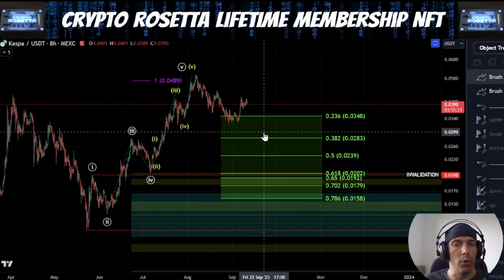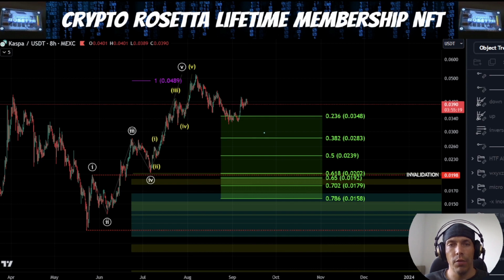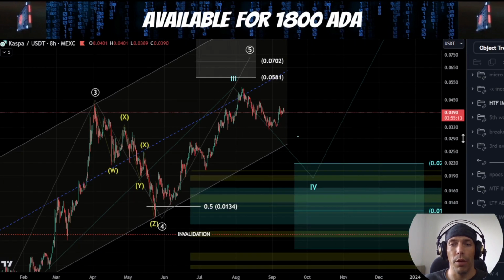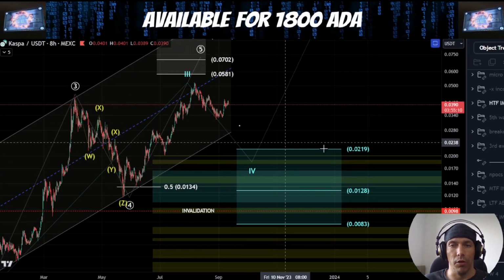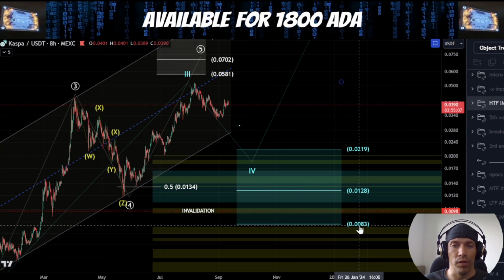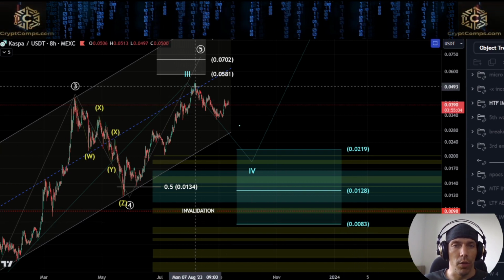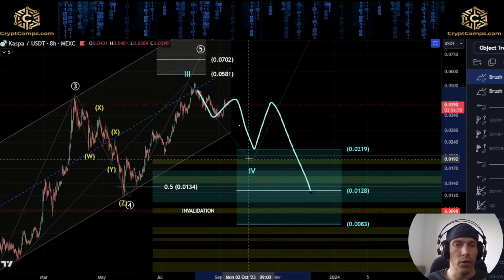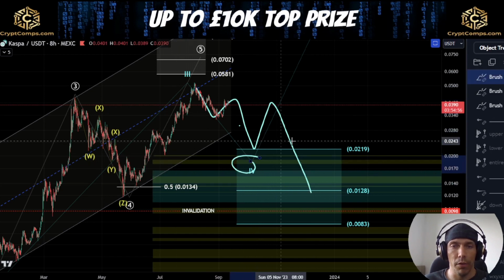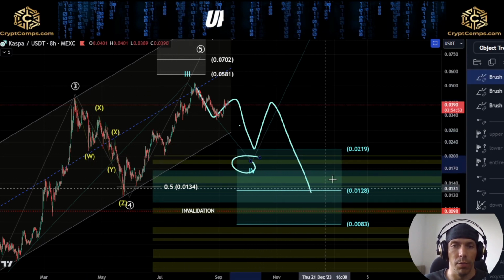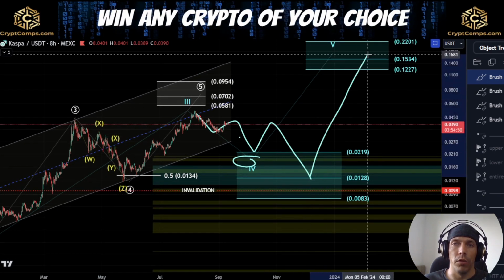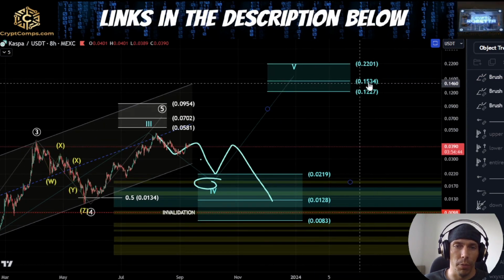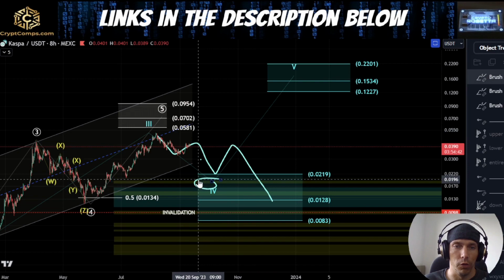So we need to just be on the lookout for that deeper retracement idea here, even within this idea of the bigger fourth wave that we've got here, the blue fourth wave. This actually has a target area which is much lower here between this 0219 to this 0083. So going to be watching this zone that, if we start to see price looking to form bigger structure here, something like this could align with actually having this additional blue fourth wave playing out here, where we still need to come back down deeper before looking for this final continuation to the upside here for this higher degree fifth wave, which could look to push us up depending on how deep we come here towards this 22-cent level.